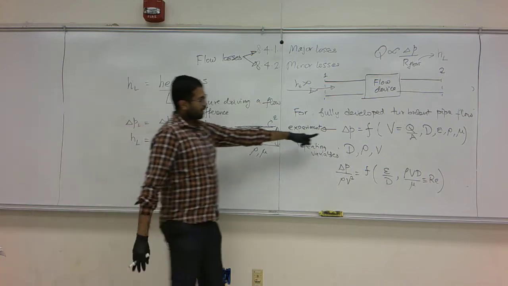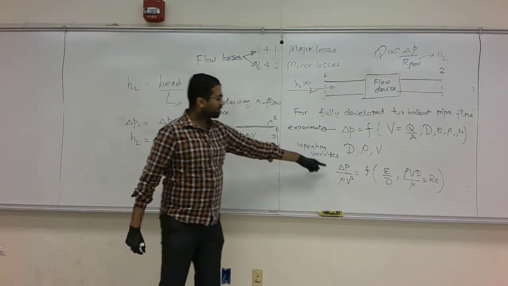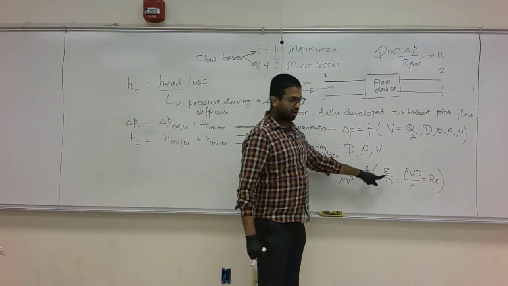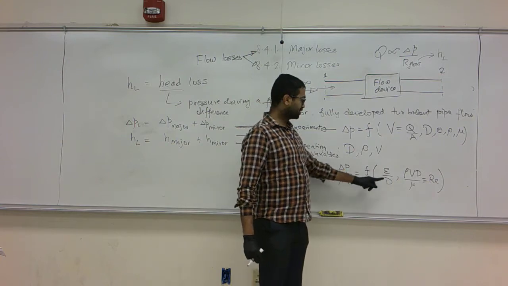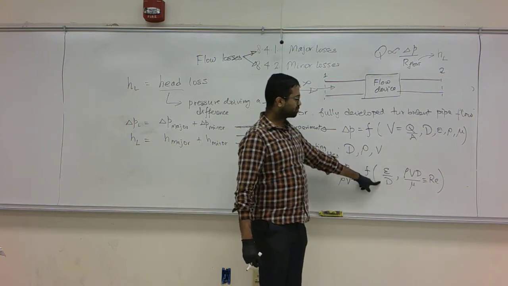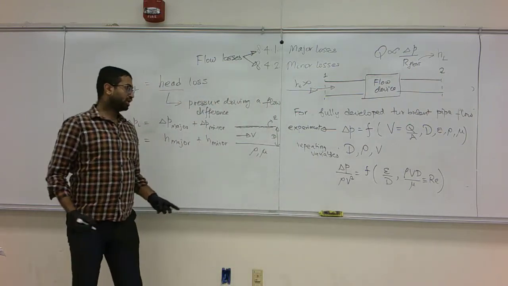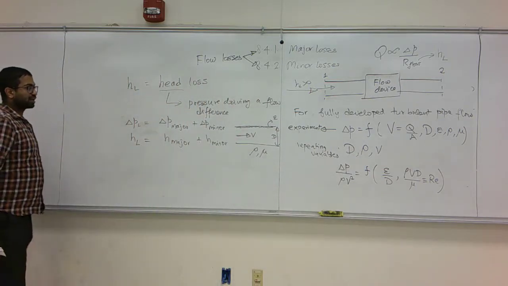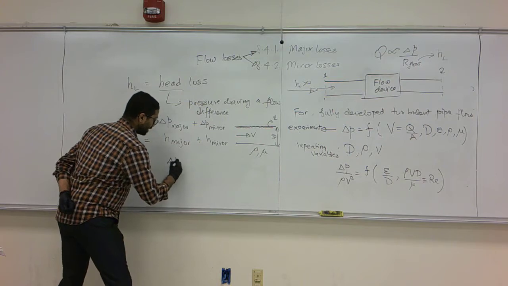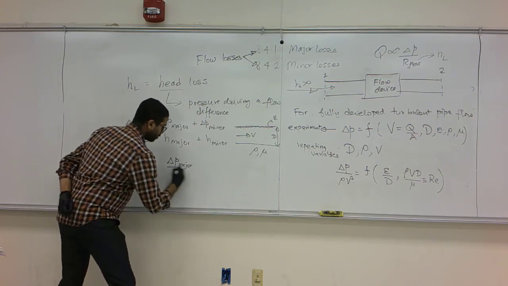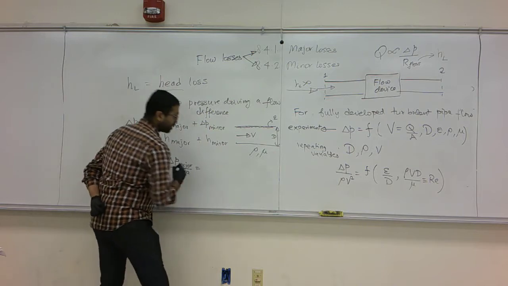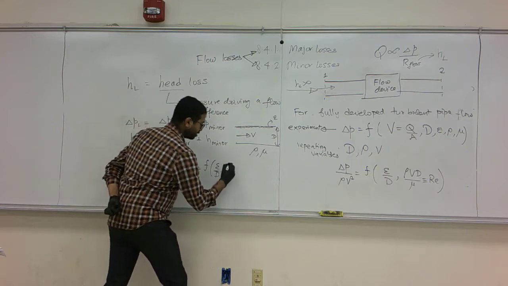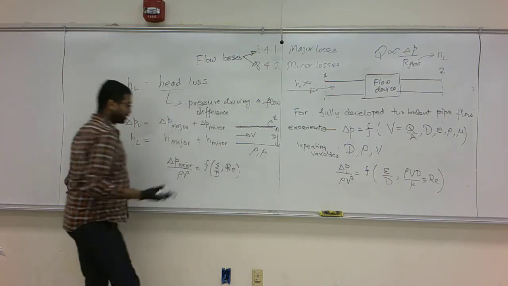Our scaling analysis allows us to write delta P divided by rho v squared should be a function of two dimensionless variables: the non-dimensional roughness or scaled roughness epsilon over d, which is meters over meters, so it's a dimensionless quantity, and the Reynolds number rho v d over mu. It tells us that delta P major divided by rho v squared is a function of epsilon over d and the Reynolds number. That's all the statement says.